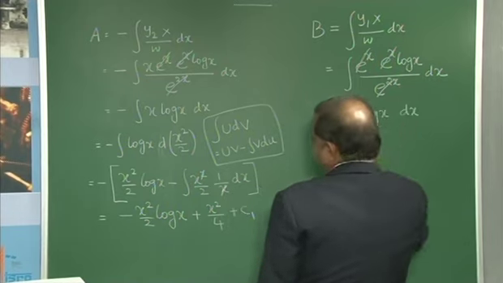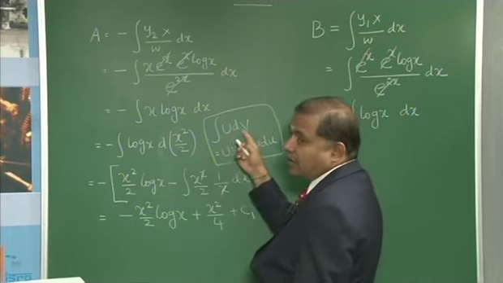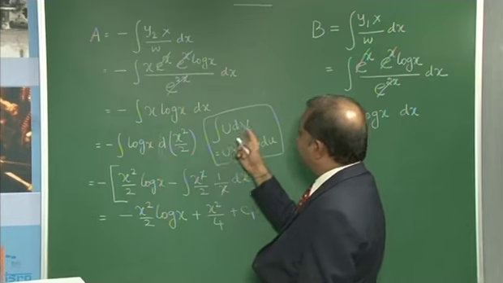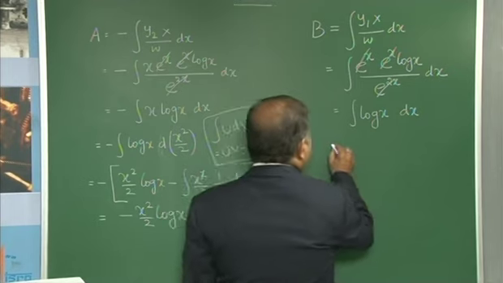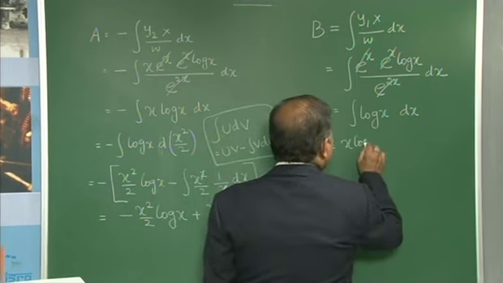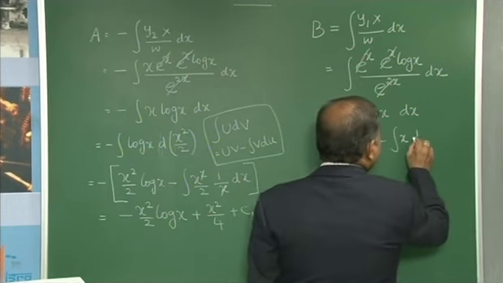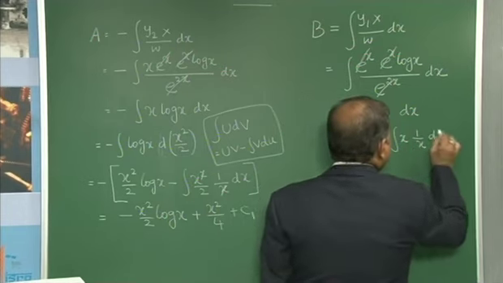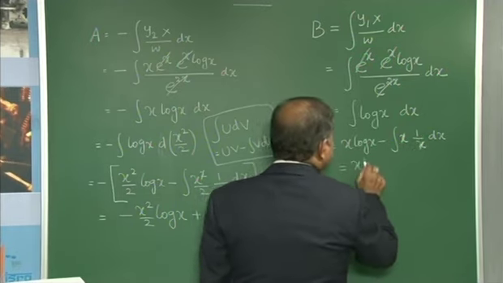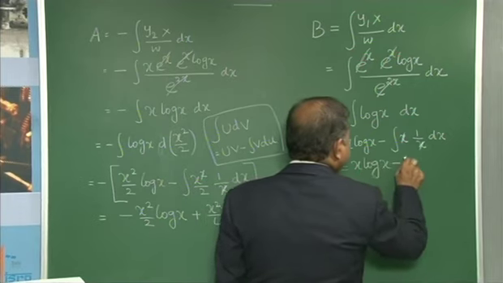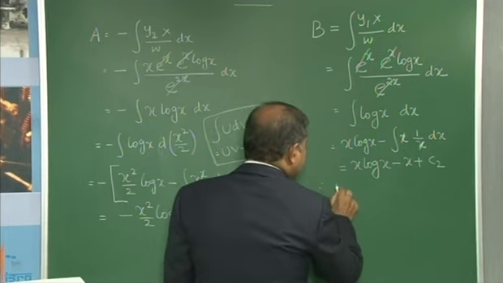No simplifications needed, straight away it is in the form u dv: u is log x, v is x. Apply integration by parts: x log x minus integral x times 1/x dx. Again x gets cancelled, so x log x minus x plus c2. Therefore, the solution is